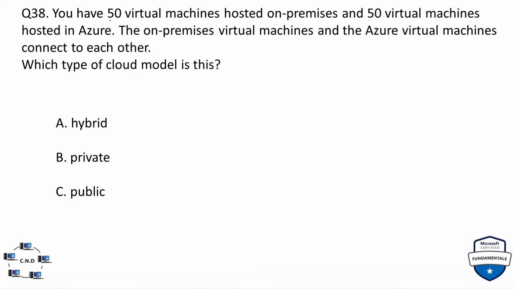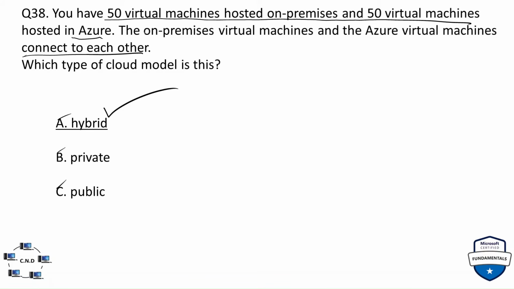Question number 38 is that you have 50 virtual machines hosted on premises and 50 virtual machines hosted in Azure. The on-premises virtual machines and the Azure virtual machines connect to each other. Which type of cloud model is this? So again, this is straightforward. Options are option A, hybrid, B, private, and C, public. And the correct option is